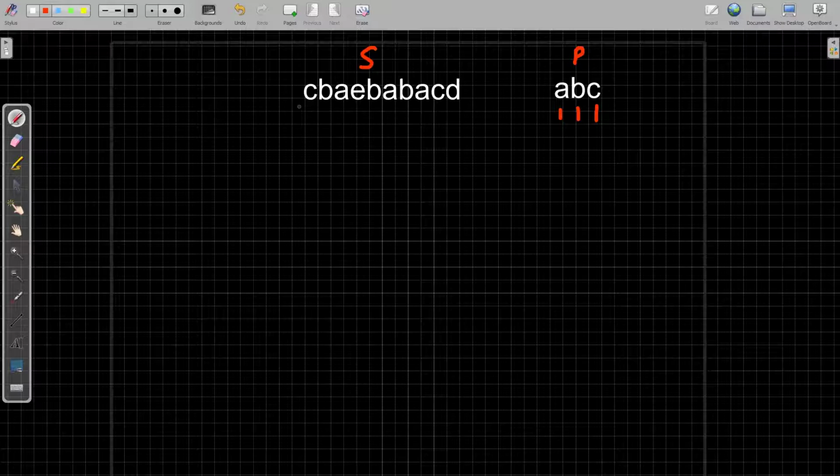If you are not familiar with the sliding window technique, I suggest you check out some blogs out there, so it will be much clearer. So what we do in the sliding window technique is that we first of all consider a window of the given size, and size here is 3 because size of P is 3, and it's obvious that an anagram of string P would be the same size as P. It cannot be greater than 3 or less than 3 here. So we consider a window of size 3 and check whether that is an anagram. If that is an anagram, we store the result somewhere, then shift the window by one index.